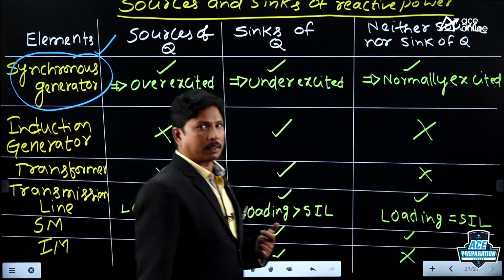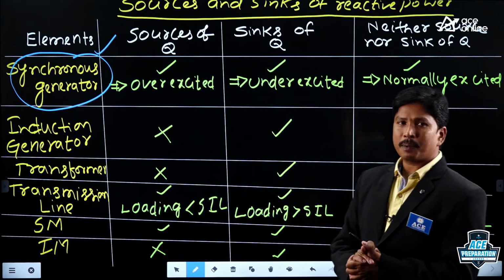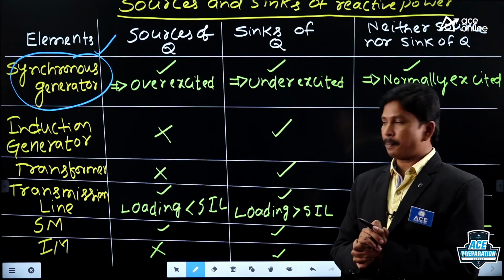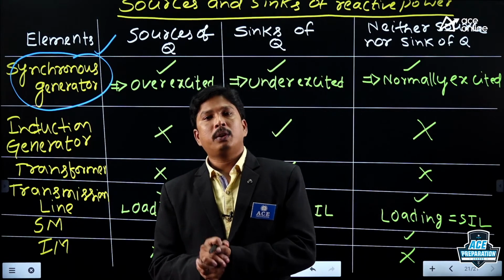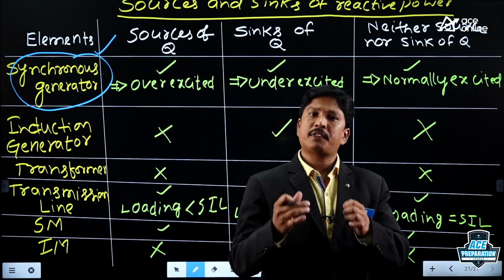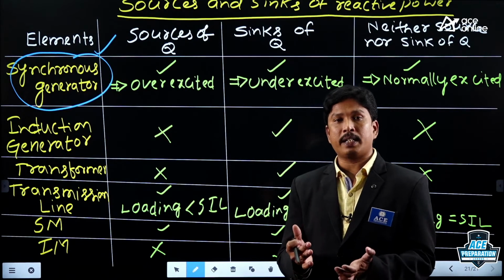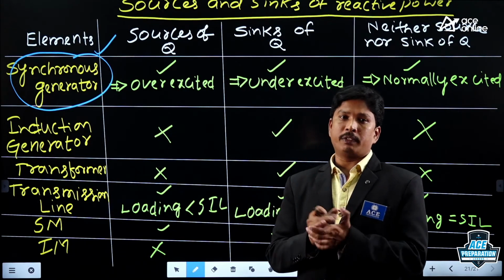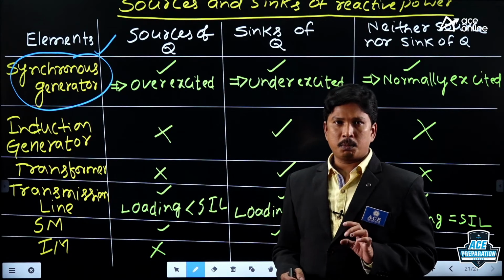And coming to the best motors. If you see, the synchronous motor looks like the best motor, but the synchronous motor always rotates at constant speed, whereas the induction motor rotates at variable speed. Also induction motors are self-starting, and their construction is very simple, whereas synchronous motors are not self-starting and it is not possible to construct them simply. So induction motors are very economical compared to synchronous motors.